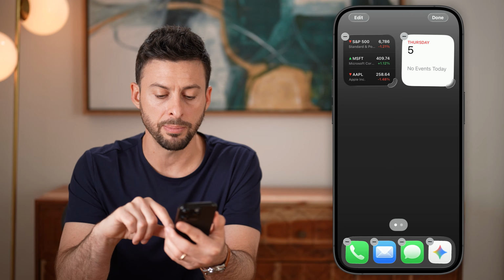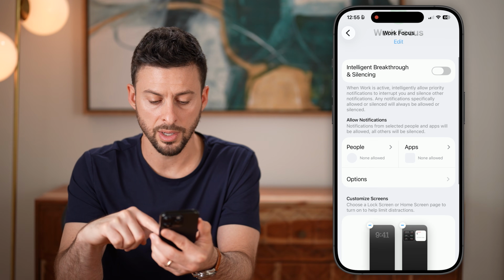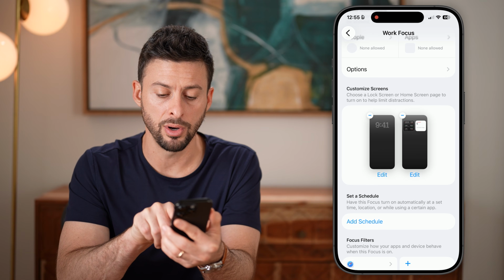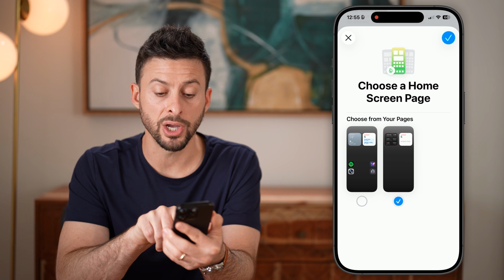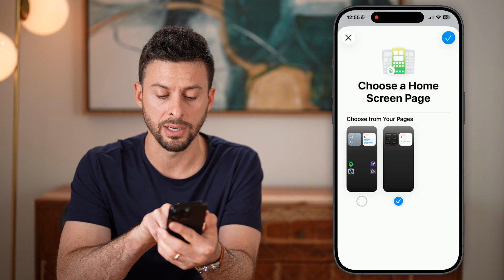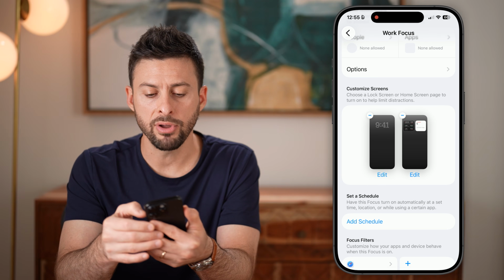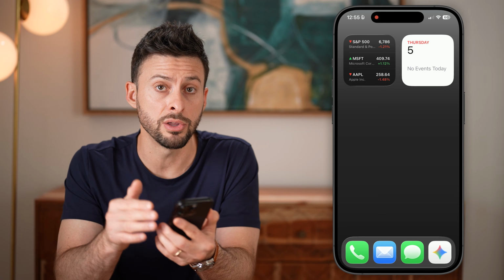I can go to options here as well. And you'll be able to see if I go into work and scroll down, I can also go into just the edit mode on the focus. If I tap on edit, you'll be able to see I have just selected that second screen. Of course, if I select both would show up. So now you have it all set up so that you can quickly and easily switch between those two different